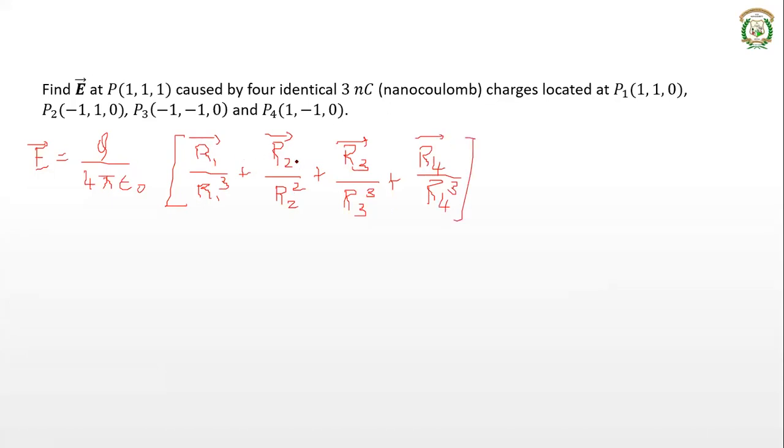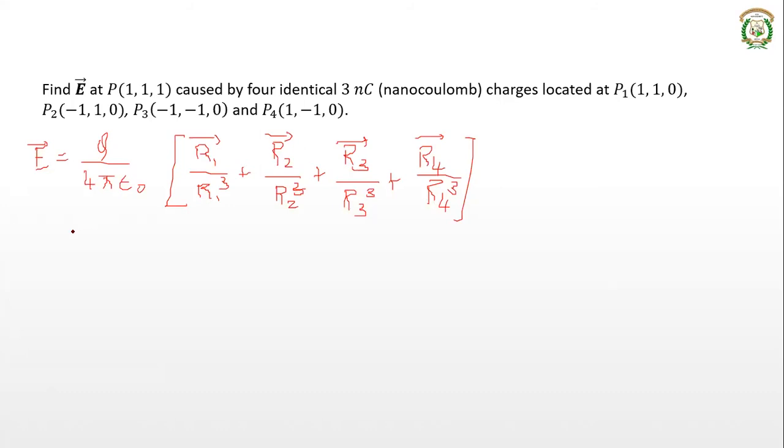We have got expressions for all this. Just substitute and tell me the answer. So again, you will get x component, y component, and z components. Sorry, R1 is az, R2 is 2ax plus az, R3 is 2ax plus 2ay plus az, R4 is 2ay plus az, right? Then R1 is 1, R2 is root 5, it will be cube, right? R3 is 3, R4 is root 5.